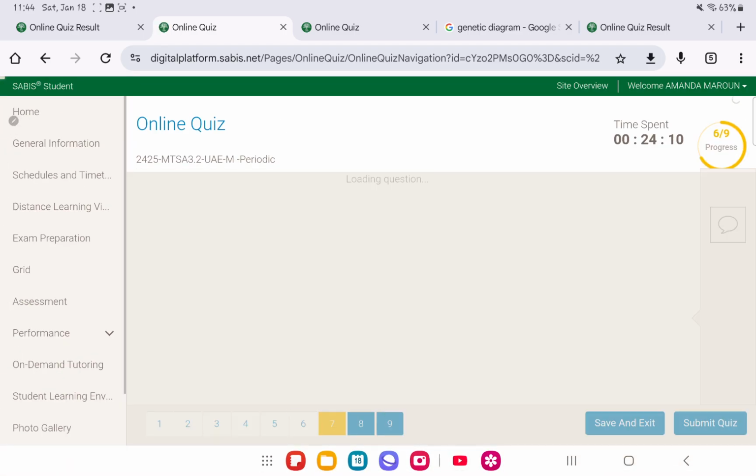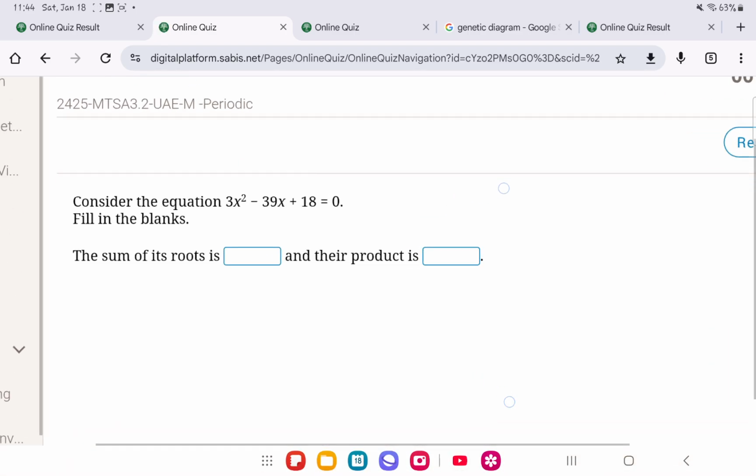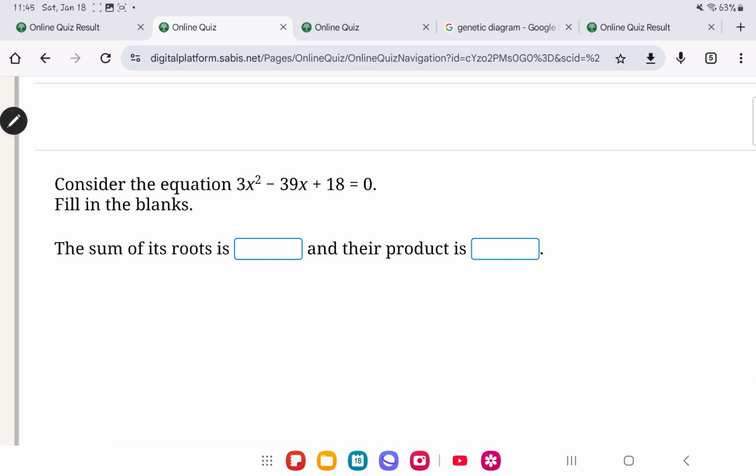Moving on to question number 7. They need us to find, look, this is a very nice question, the sum of its roots and their product. You can do it in 2 ways. Either you make the number next to x squared 1 by dividing by 3. So x squared minus